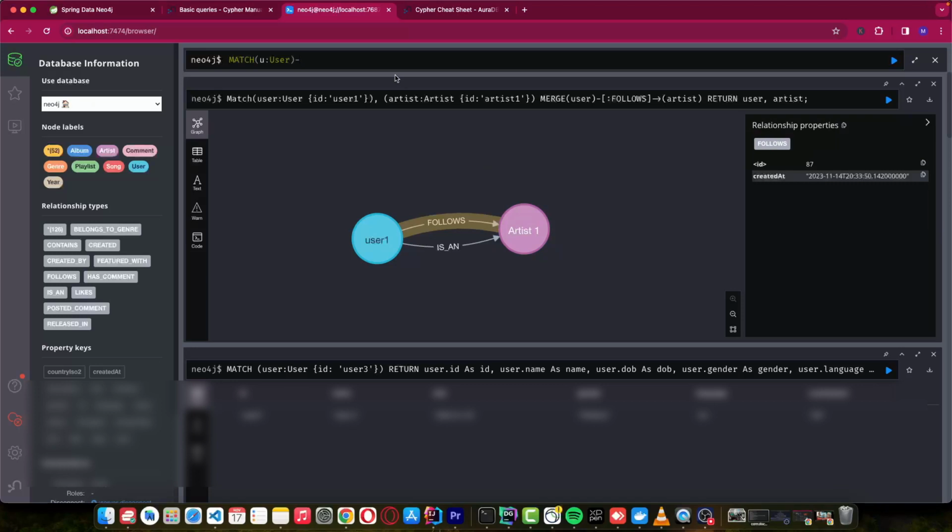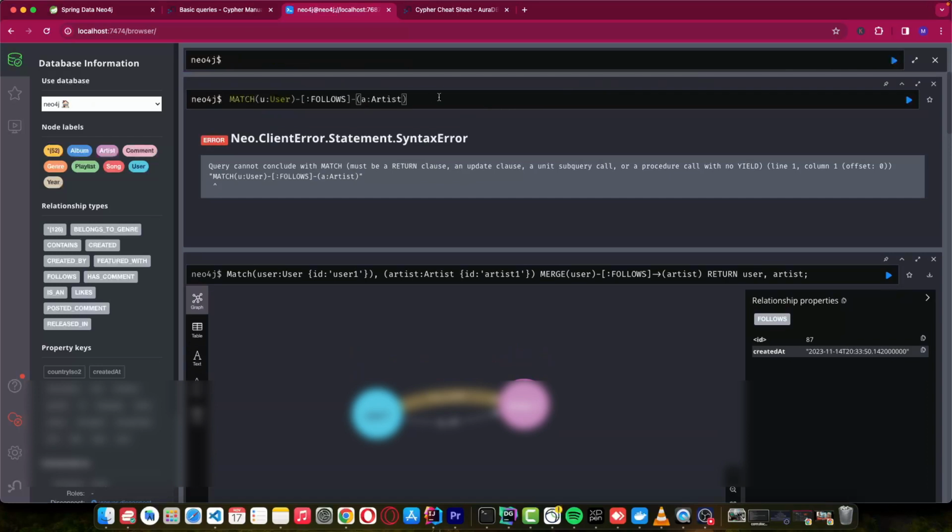It's just the same as what we did here. And in here, we just add followship. This user follows this artist. And a node for the artist, I just say a, artist. But if I run this, it will return all users who follow an artist. If I run this,